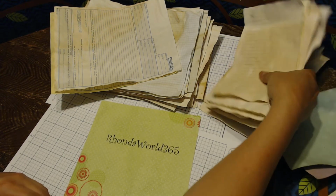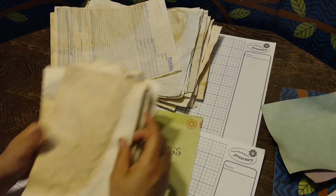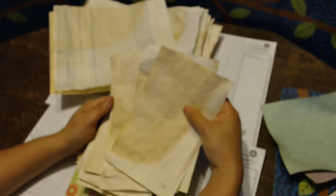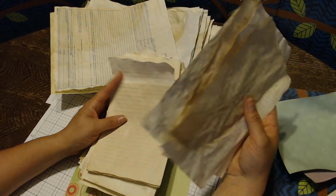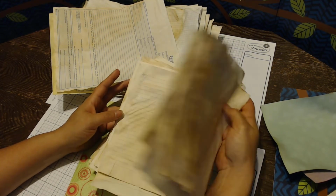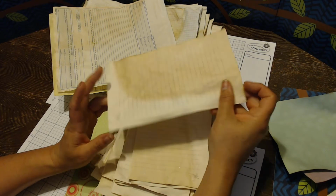Alright, this one is from one of those pre-made journals I found at the Goodwill. I find them all the time, and sometimes at garage sales you can get them for 25 cents or something like that. At the Goodwill, they're about 50 cents, not a big deal. Sometimes they're $1 if they consider them hardback. And I cut the pages out of them,